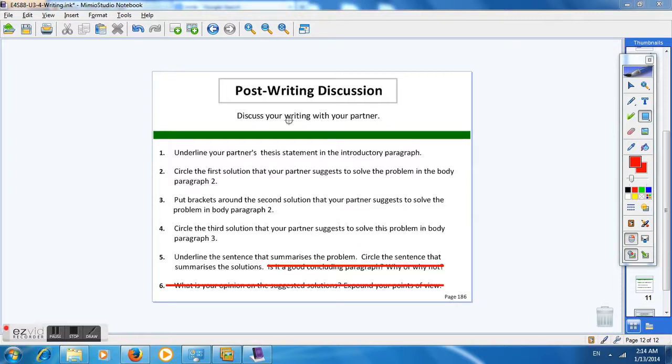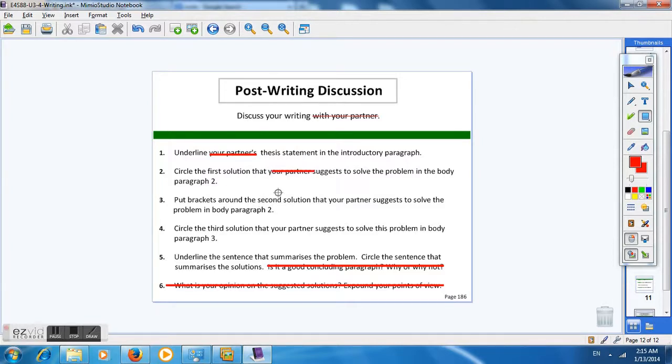After writing, let's discuss your work. It says here, post-writing discussion: discuss your writing with your partner. You cannot do that, of course, so let's just discuss your writing here. Number 1, underline the thesis statement in the introductory paragraph. If you have your paper with you, please underline your thesis statement, and then circle the first solution that you wrote